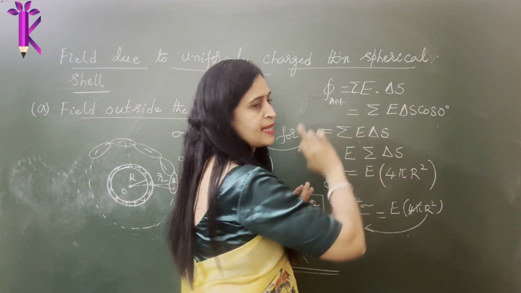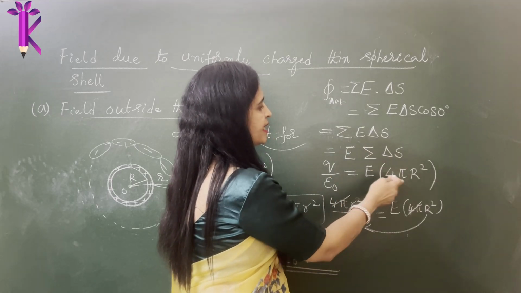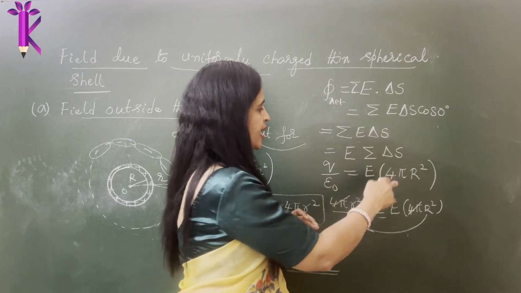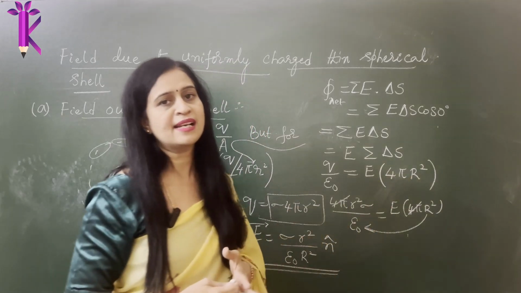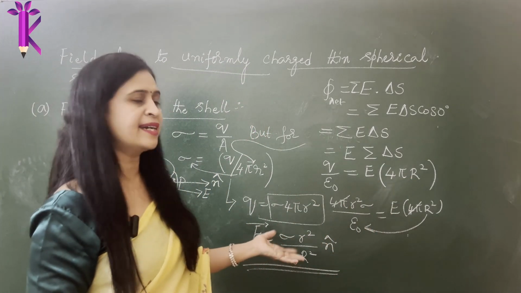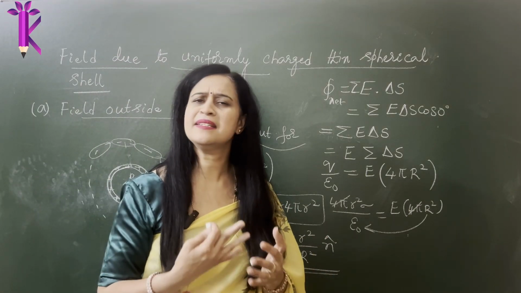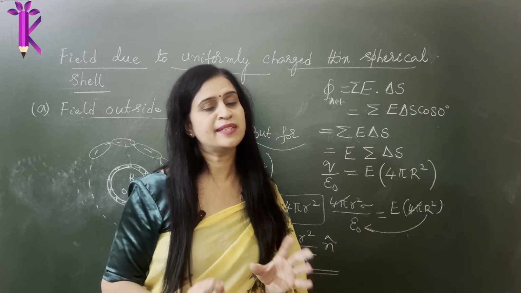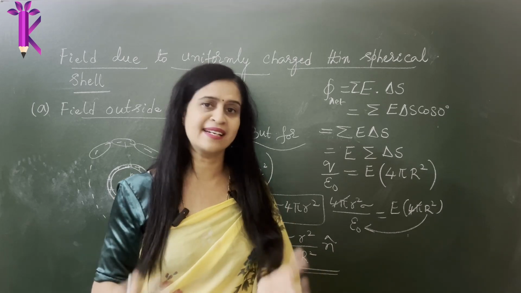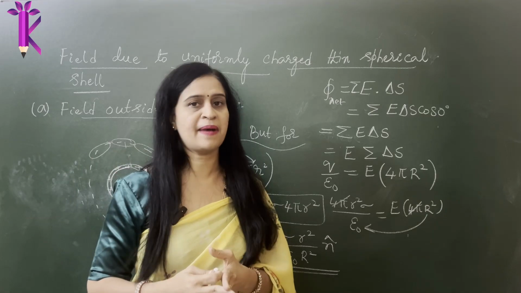The angle between them is 0. Now sum up all the surface area. Surface area of that spherical shell is given by 4 pi capital R square. Next is simple mathematical calculation, bringing it to the denominator and arriving at the expression. As simple as that, easy 5 mark. There is nothing to worry about it. It is just you have to pay attention and understand how it is done. All of them are done in the similar pattern.